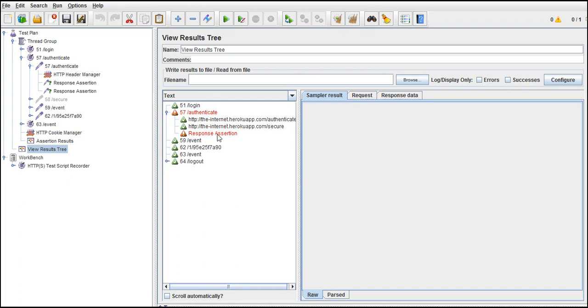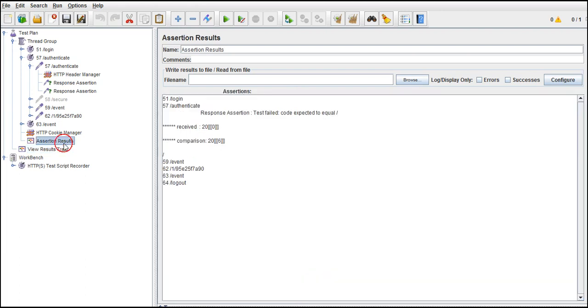So you need not worry about checking every time manually. If you write an assertion, this will take care. It says assertion false because it's expecting 200 in comparison with 206. Go to assertion results. Here you can see that it received 200, but it is expecting 206. Test failed. That's it.